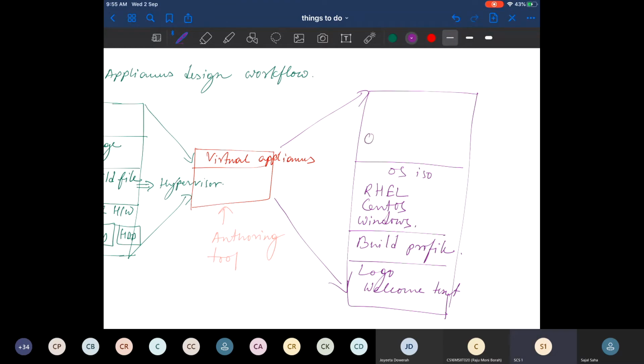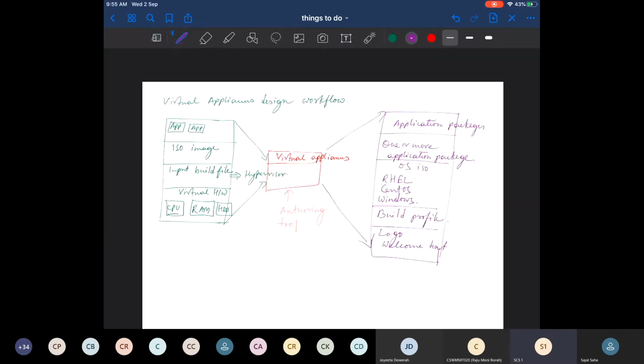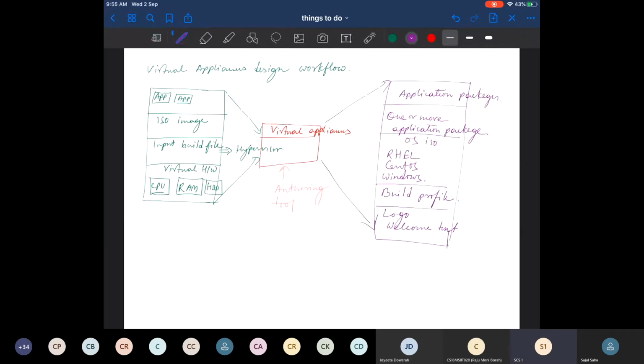Now on top of it, you can install one or more application packages. This is your virtual appliances design workflow.